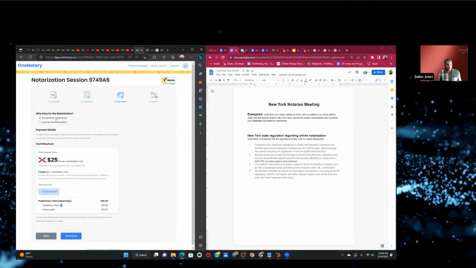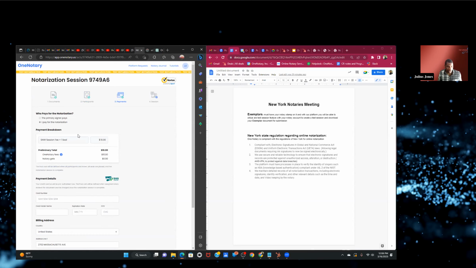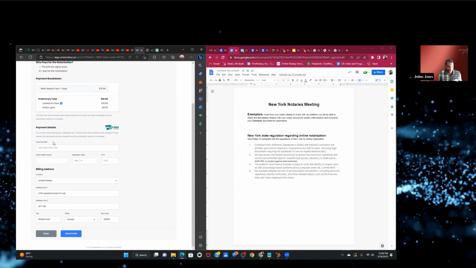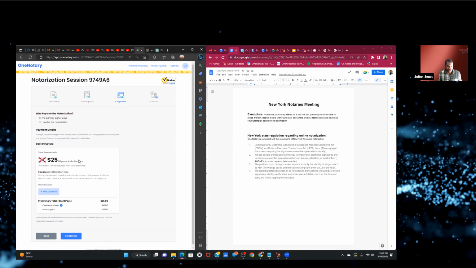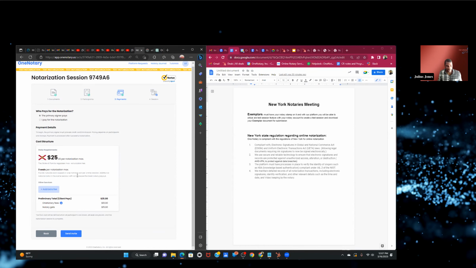Now this part here, we do give you the option to pay for the notarization. Here, all you have to do is enter in all your card information, and the cost of the session would be $10 if you're subscribed under our Pro account. And if the signer pays here, one of the examples that I was talking about earlier is that you're able to customize the amount for the session.